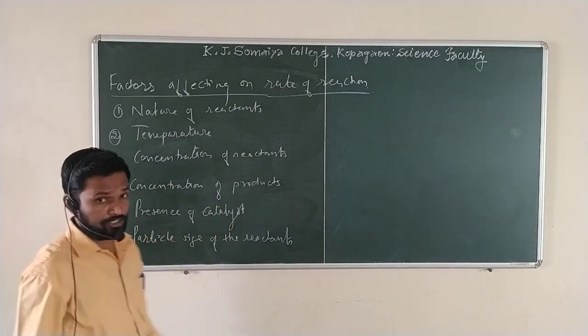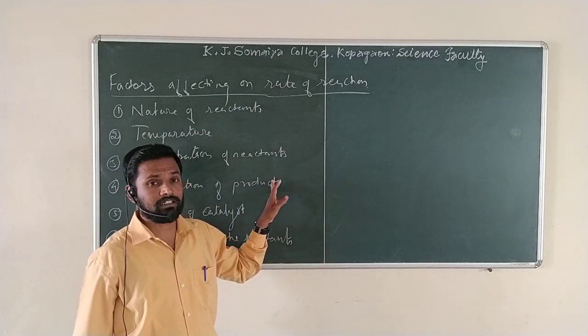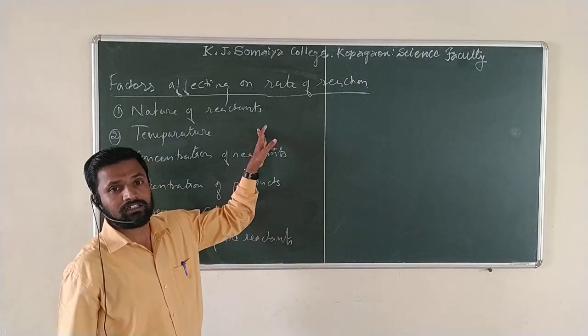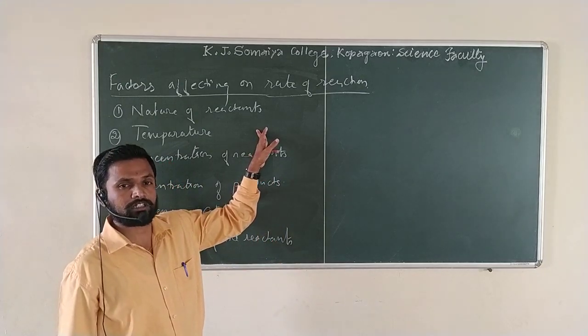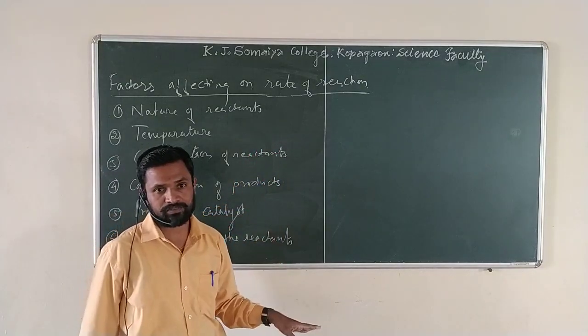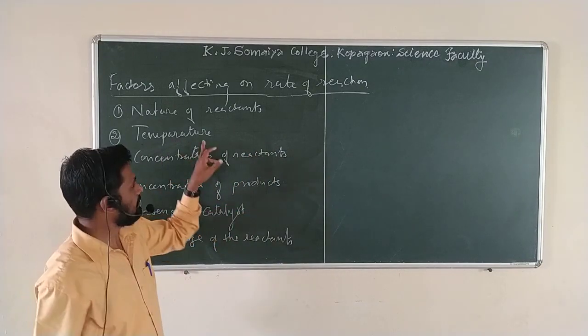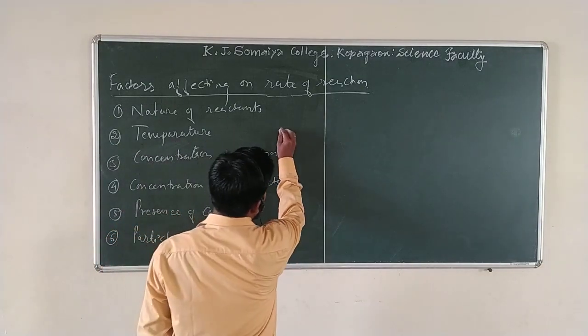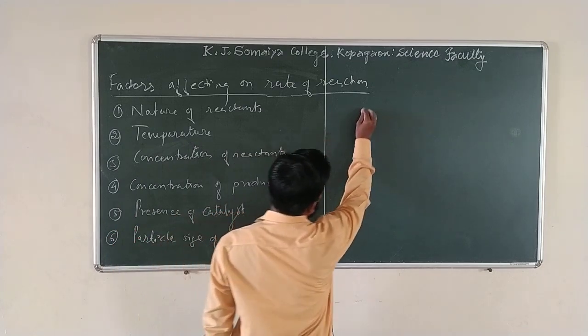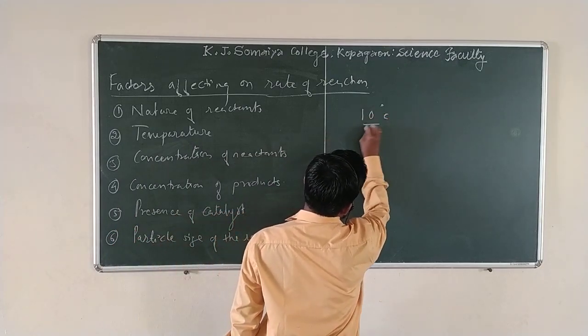Second one, temperature. This is a very important factor in determining the rate of a chemical reaction. Basically, it is observed that if we raise the temperature by 10 degrees Celsius for a particular reaction,